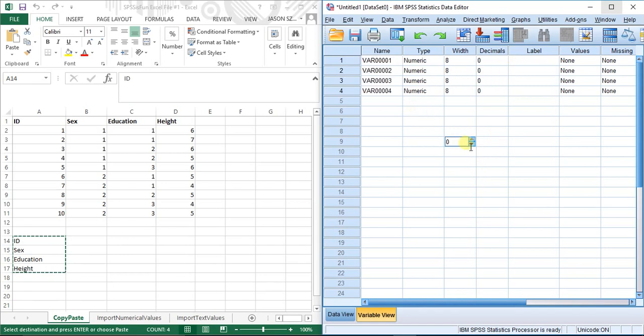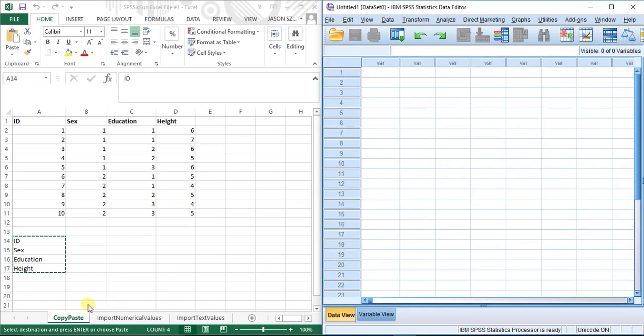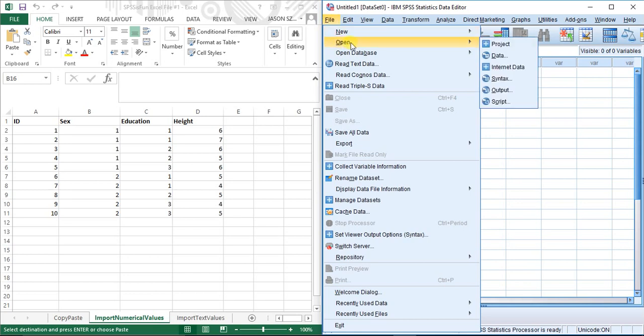I'm going to Control Z. Let's act like we haven't done anything. Okay, I'm going to go to the second method, import numerical values. This is probably the preferred method if you have large data sets. All you have to do is go to File, Open,